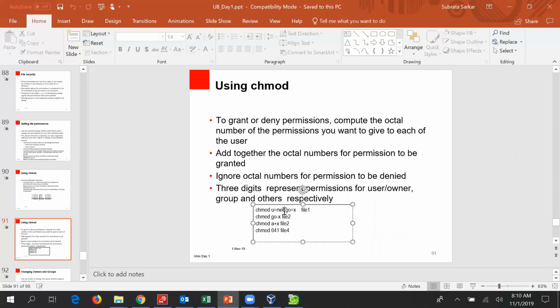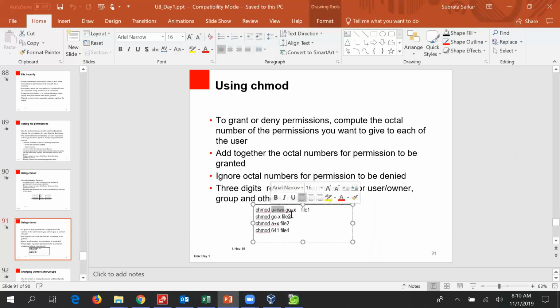That means user will have read, write, execute, and group and others will have only execute. chmod go -x means you are removing the execute permission from group and other. chmod a+x file2, that means add execute for all. 641, again we will have to see the octal value.